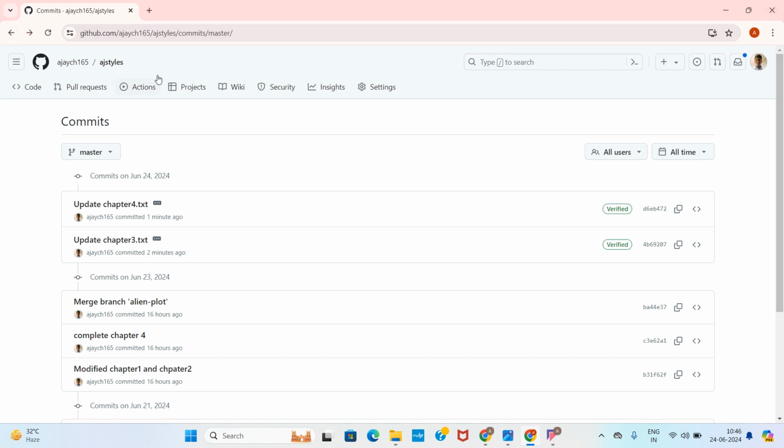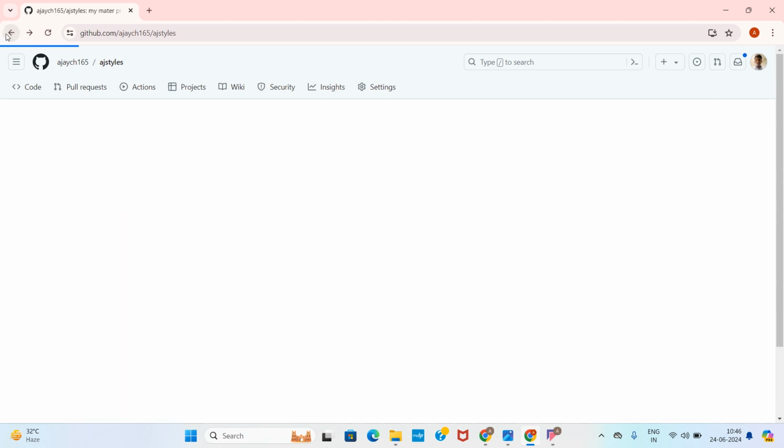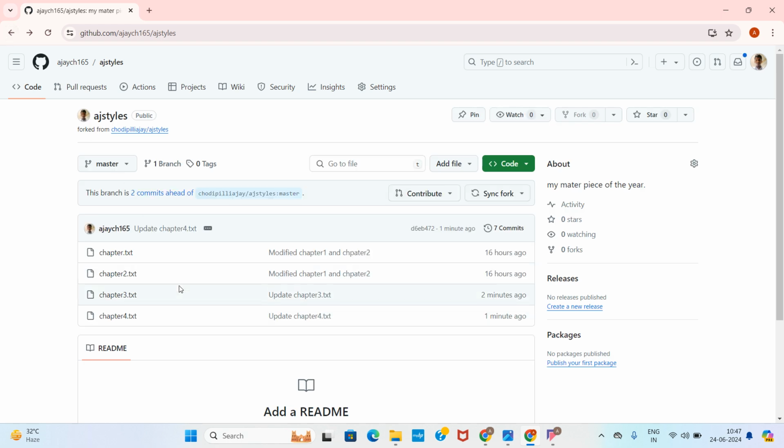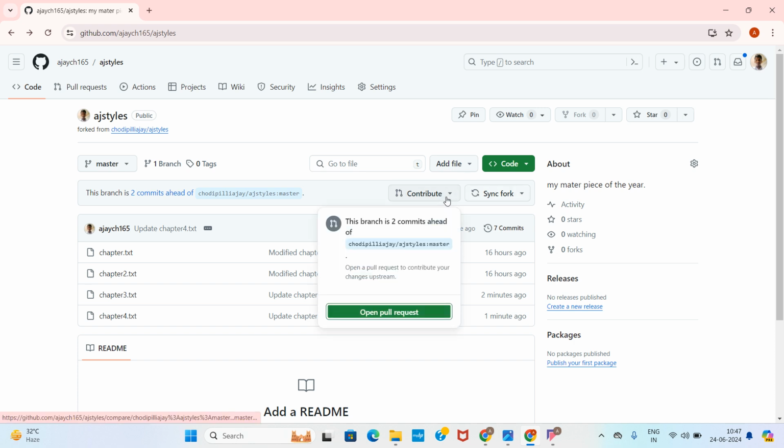I thought I'm happy with the code, and I just wanted to know the author. This is the best version of the code. This modification needs to be there in the owner's repository as well. So all I got to do is contribute here, pull request, open pull request, and